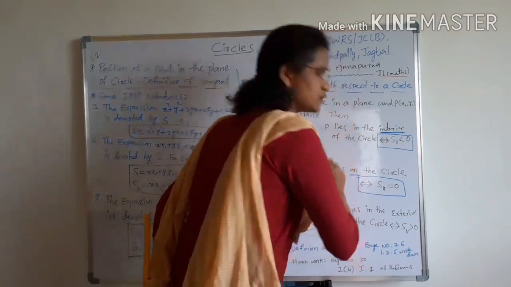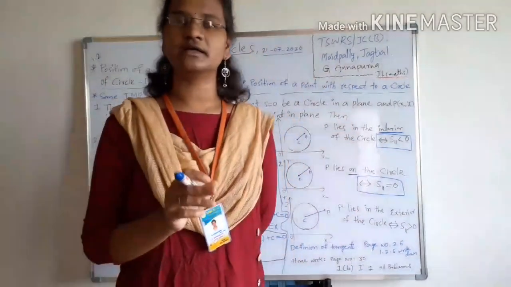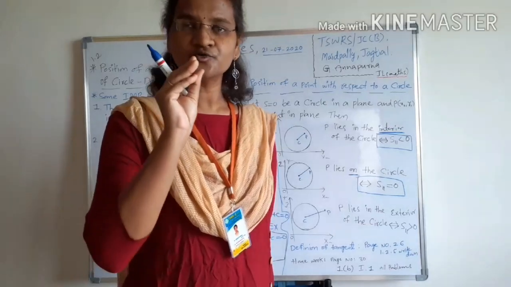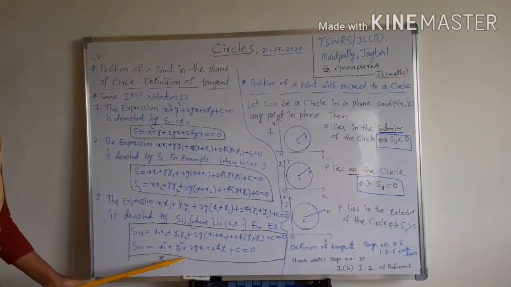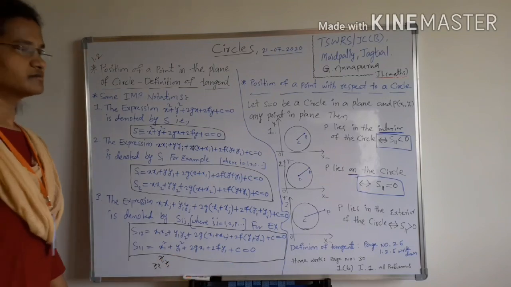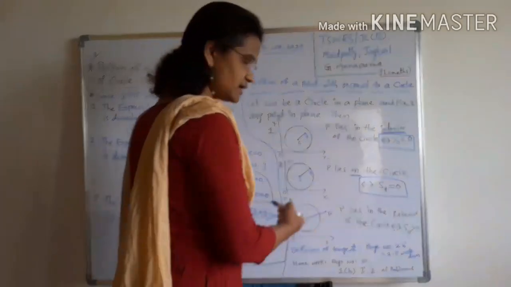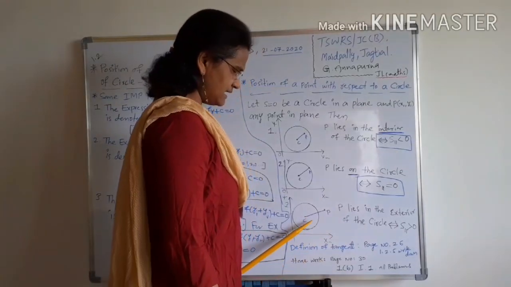S11 is equal to 0. So S11 is always equal to 0. That means S11 is what? Here, this is always equal to 0. Right. So, third one. P